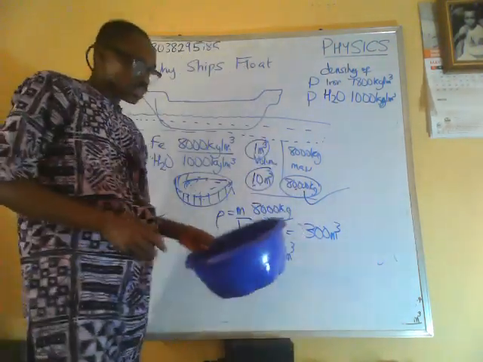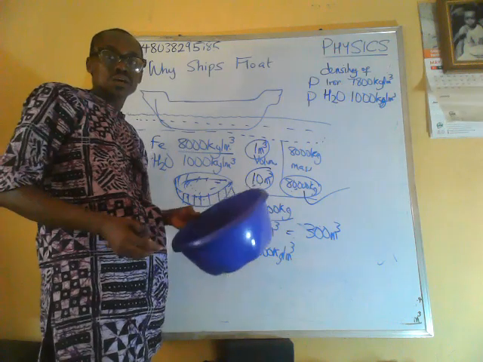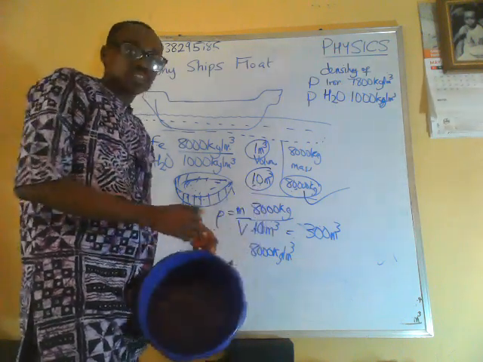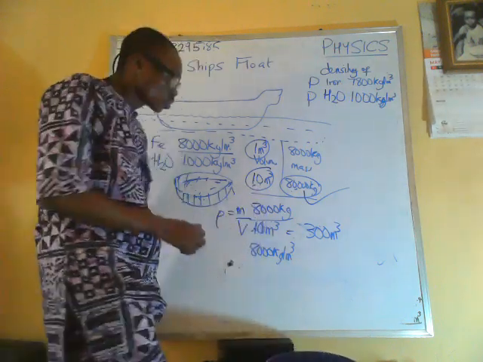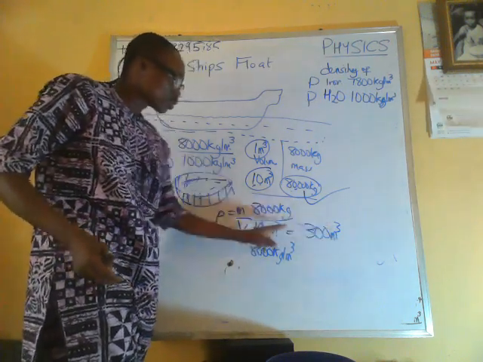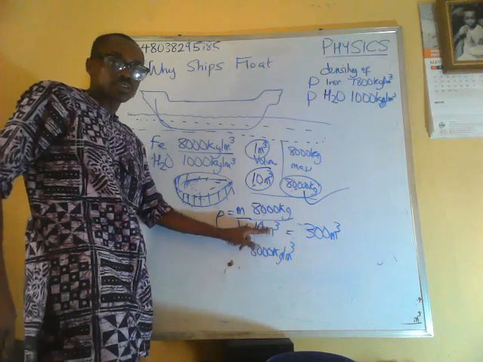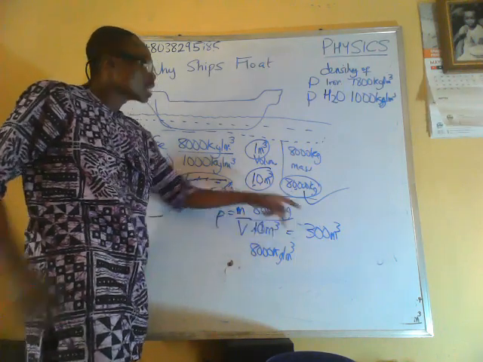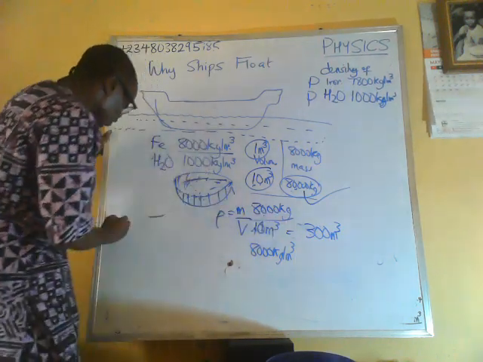Now the total volume of the ship is the volume of the empty space, 300 cubic meters, plus the volume of the iron, 10 cubic meters,